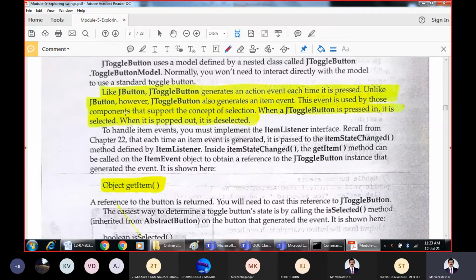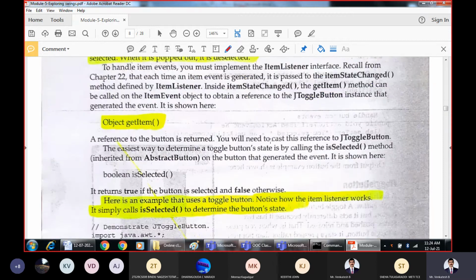Very similar to JButton, it is also going to generate an event, and the corresponding action listener will be called. If you want, you can perform any of the corresponding actions, or you can display messages to the user.